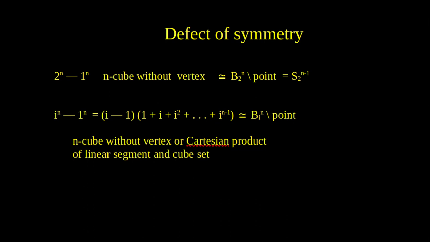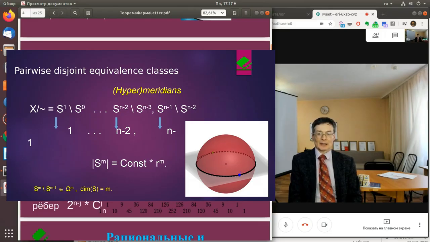But in the plane n equals 2, the figure corresponding to similar expressions remains two-dimensional. It is connected with the number of pairwise disjoint equivalence classes. On the plane, the simultaneous fulfillment of the conditions of symmetry preservation and equality of volumes inherent in Pythagoras' theorem is possible.